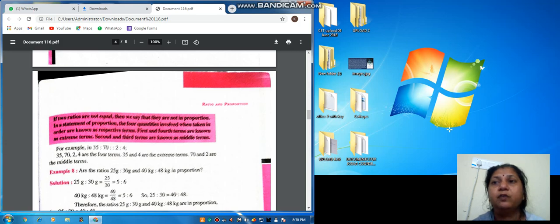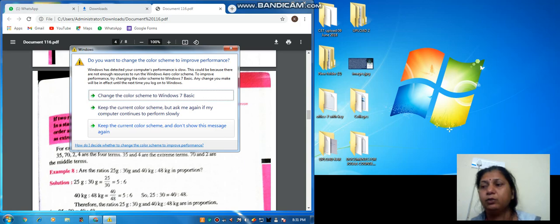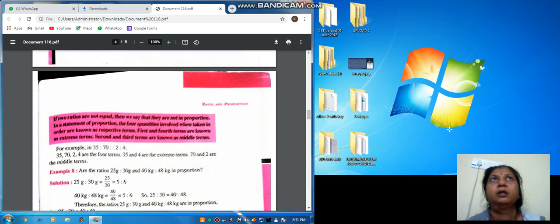ओके, first and fourth term is called extreme term. पहली और लास्ट वाली जो टर्म्स है उसे क्या कहते हैं, हम एक्सट्रीम टर्म कहते हैं. Second and third terms are known as middle terms. सेकंड और थर्ड वाली मिडल टर्म होती है और फर्स्ट और फोर्थ वाली क्या होती है, एक्सट्रीम टर्म होती है. Suppose we have to take 2:3 and 4:6, है ना, दोनों रेशियो सेम सेम. तो इसमें 2 और 6 ये आ गई एक्सट्रीम टर्म और 3 एंड 4 ये आ गई कौन सी, मिडल